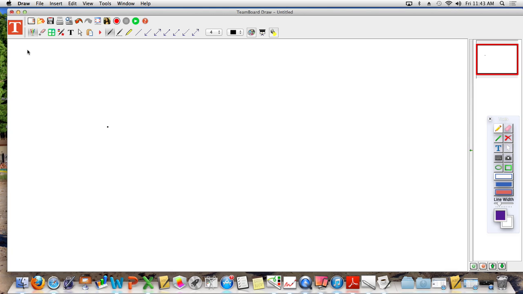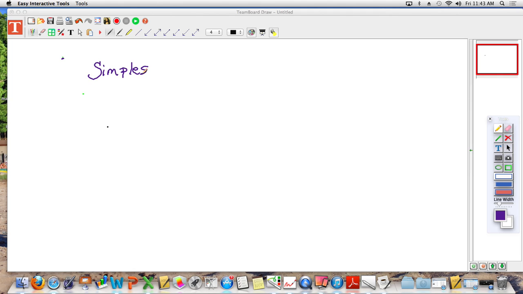Please label your notes as simplest radical form. Simplest radical form. Now, a couple days ago, we worked on finding prime factors, and the reason we did that